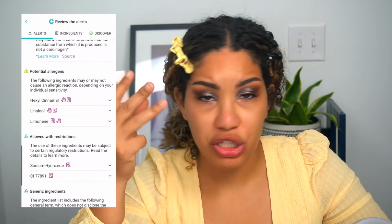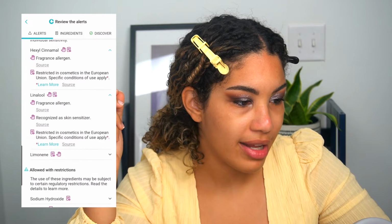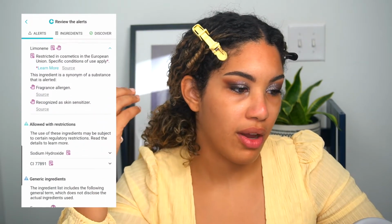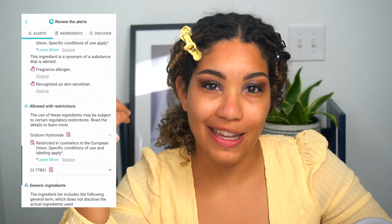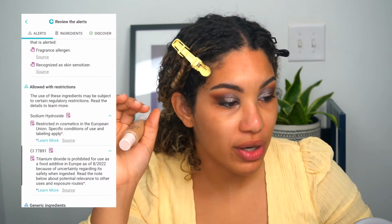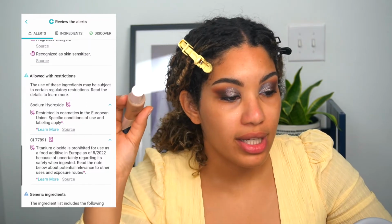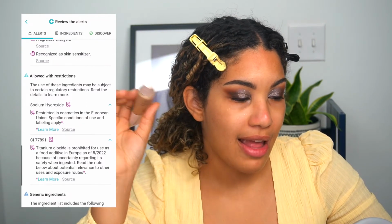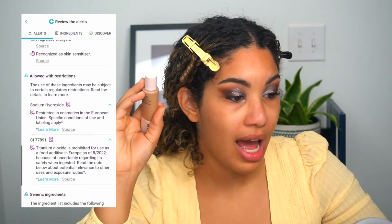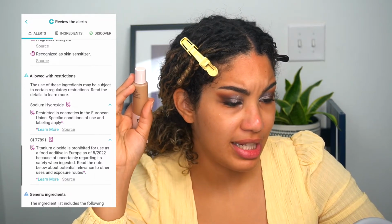It has 3 potential allergens, which are hexyl cinnamal, linalool, and limonene. Those are restricted in the European Union, or they are fragrance allergens or recognized as skin sensitizers. The last 2 ingredients that are allowed with restrictions are sodium hydroxide and CI 77891. Sodium hydroxide is restricted in cosmetics in the European Union, and the other one is titanium dioxide. It's prohibited for use as a food additive in Europe as of August 2022 because of uncertainty regarding its safety